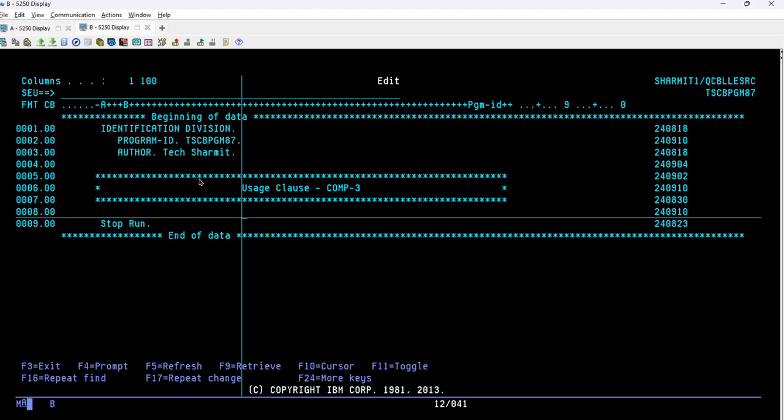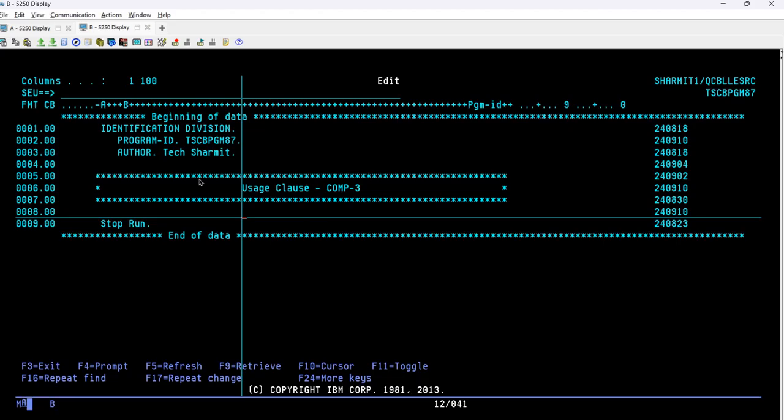into the memory. So just assume a scenario: we have large data and we want to compact it, and after compacting we want to store it into memory to take the minimum space. In that case we will utilize comp3 along with the usage clause. Such as a mainframe system. If you are working with a mainframe system and you want to store the information in a simple or compact manner, then you can